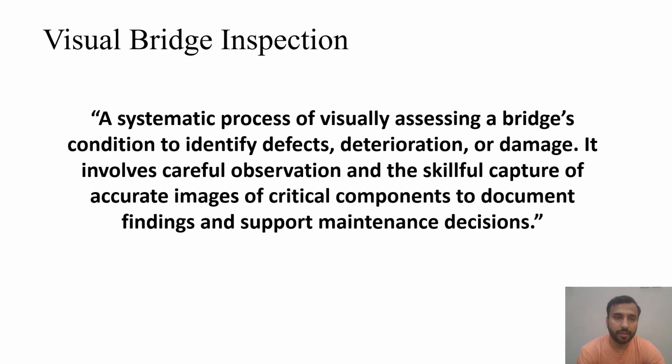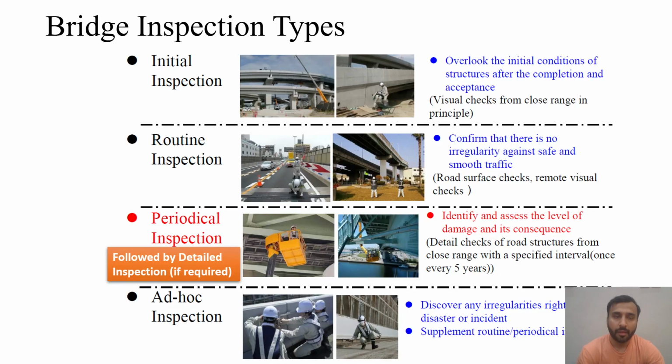If we go to the visual bridge inspection definition, it's a systematic process of visually assessing a bridge's condition to identify defects, deteriorations, or damages. It involves the careful observation and the skillful capture of accurate images of critical components to document findings and support maintenance decisions. So, as far as the types of bridge inspection are concerned, there are majorly four types of bridge